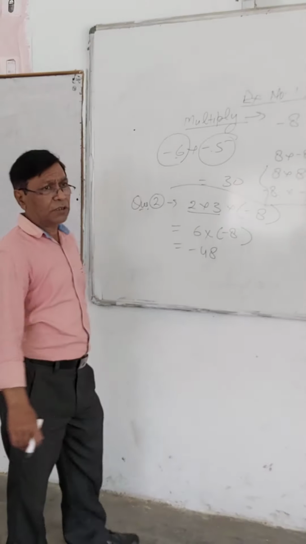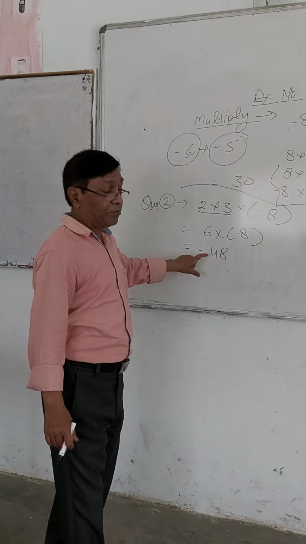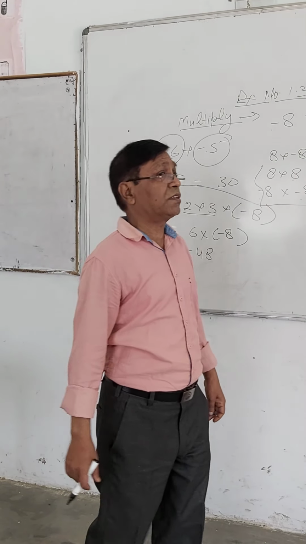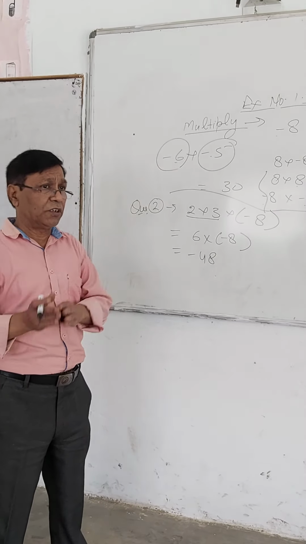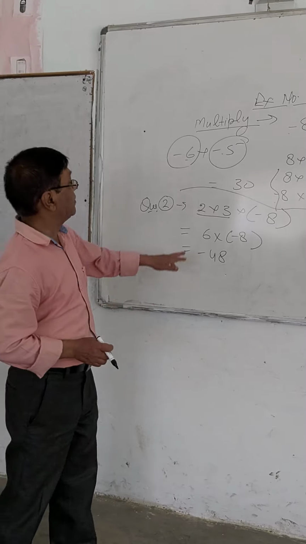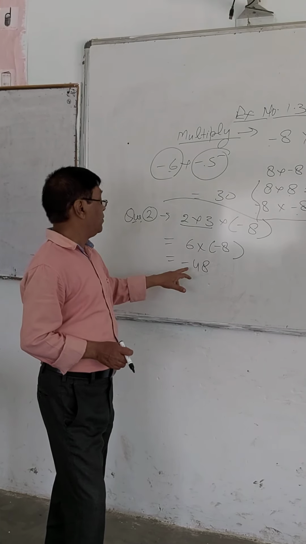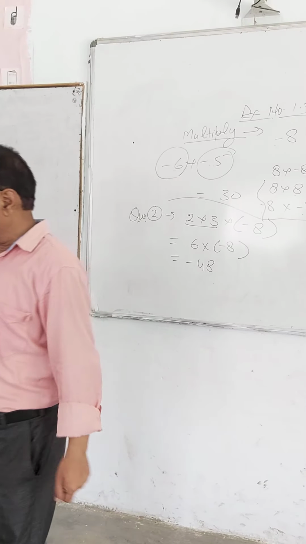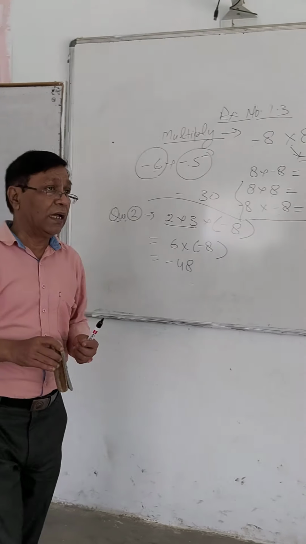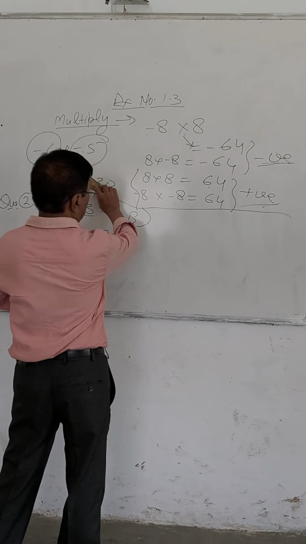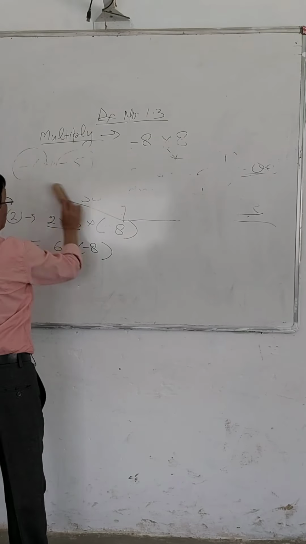So only you have to keep in mind the sign, when it will become positive or negative. I have told you so many times that same sign multiplication will always be positive and opposite sign will be negative. Same sign positive. Now one positive, one negative, opposite sign will always be negative. So this way you can do question number 2 also. Take one more example and the remaining questions you can do yourself from the book. See, second question.